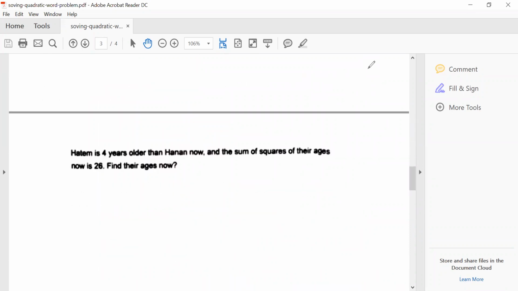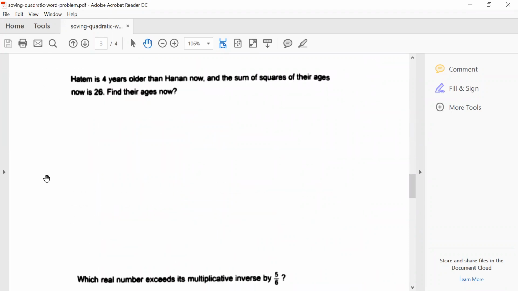Hatem is 4 years older than Hanan. So I have Hatem and I have Hanan. Hatem is 4 years older than Hanan. So who is older, Hatem or Hanan? Hatem is older. If I want to consider one of them to be X, in order not to write Hatem and Hanan every time,